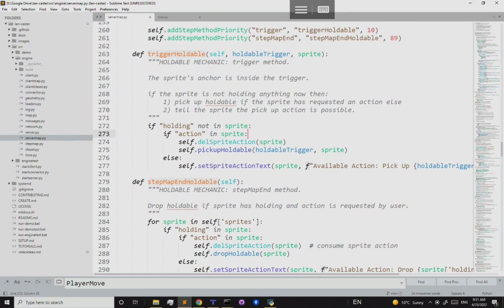This doesn't matter. If I'm not holding something, two possibilities could happen. The first one is that the player hasn't requested any action, and there's a whole thing I'll talk about later on about how actions work, but the player hasn't pressed the space bar effectively or asked for an action. And if they haven't, I can tell them they could. So if I'm not holding something and the player hasn't asked me to pick up anything, then I'm going to say to the player, available action, pick up,